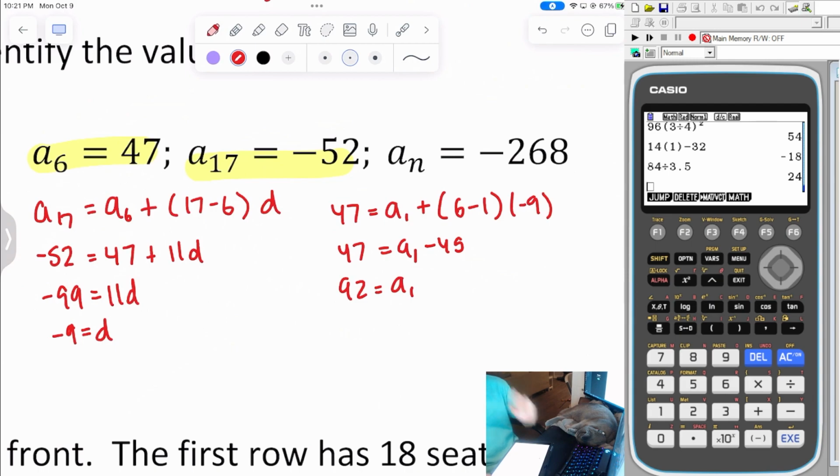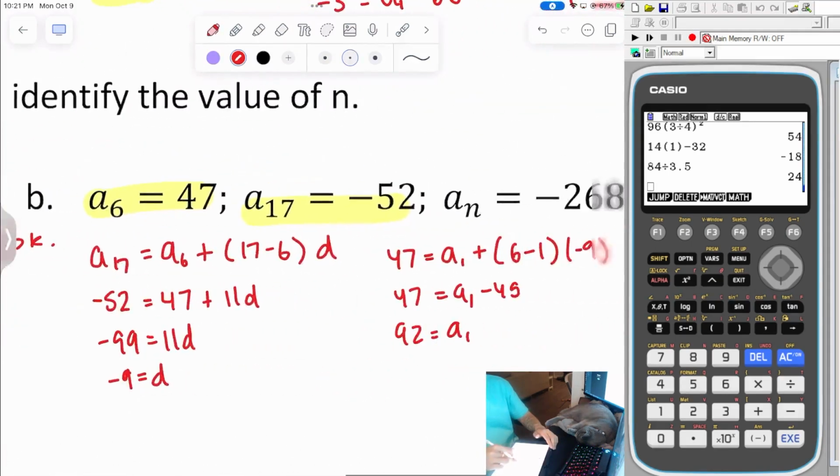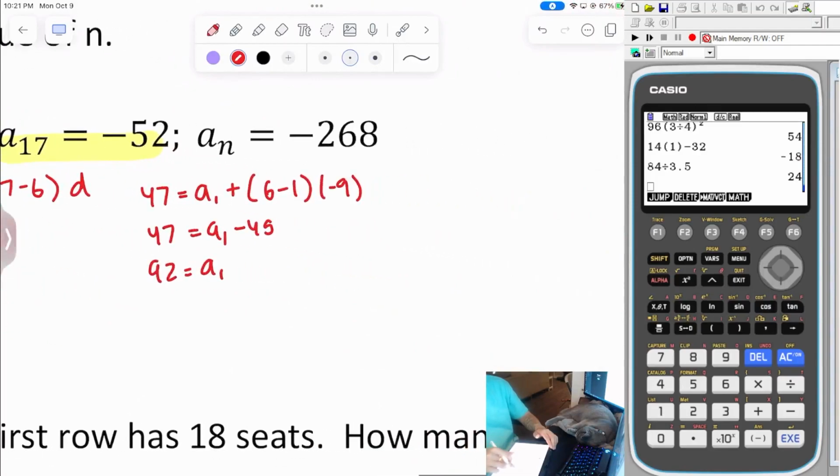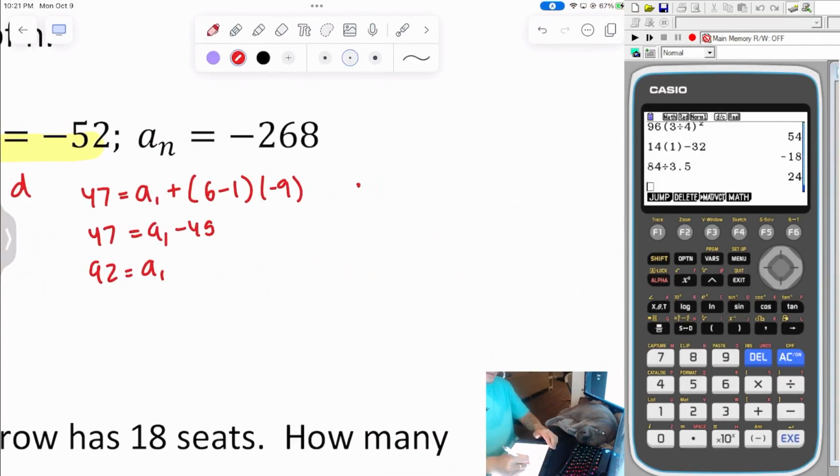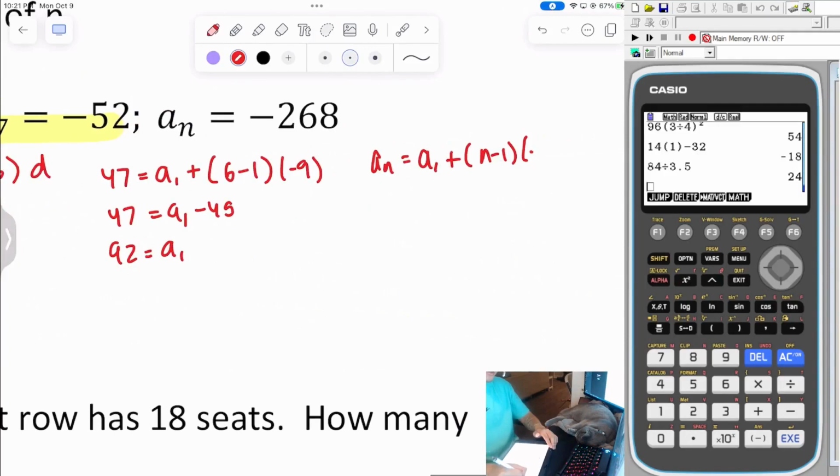Now that I know what a sub 1 is, I can now try to solve for a sub n by using the first equation. So I get a sub n equals a sub 1 plus n minus 1 times d, which was negative 9. Now let's simplify. Plug in what I know and simplify. I get negative 268 equals 92, minus 9n plus 9. So we'll simplify here and solve for,